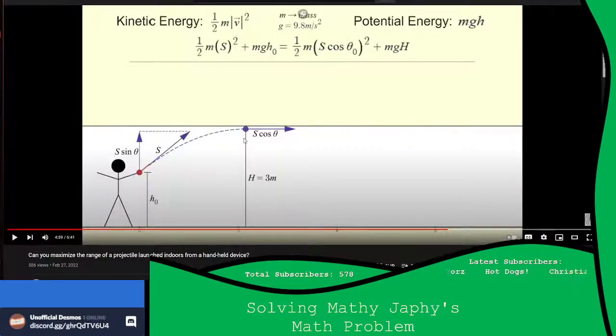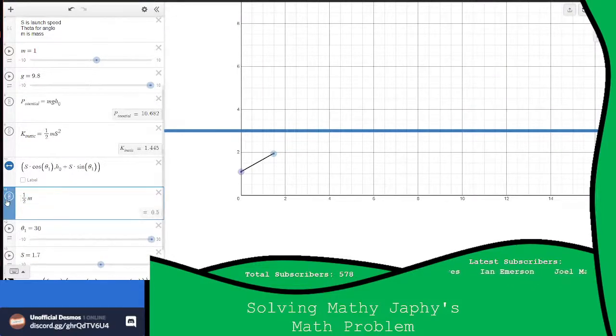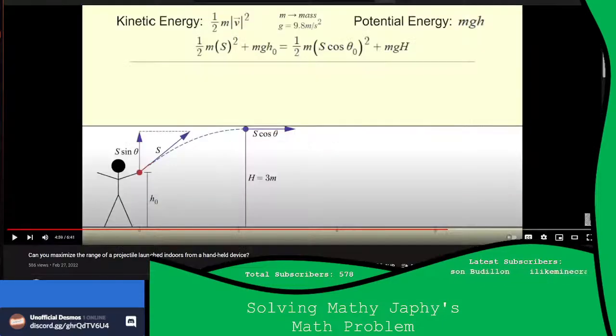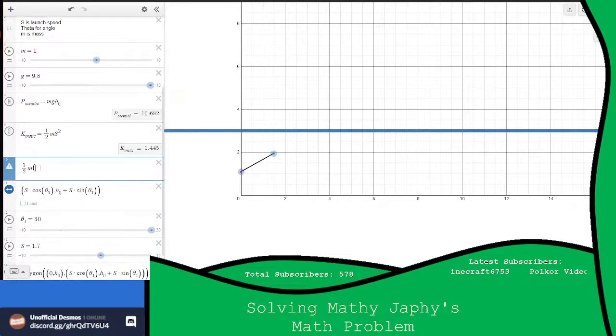Wait, theta naught should always... Oh, theta naught is theta var, so... One half m times s cosine... Oh, shoot. Cosine theta